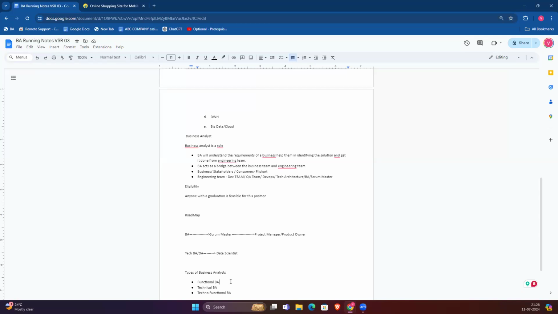So functional BA, I will suggest for people who are freshers, or people from other, non-tech backgrounds who want to move to technical backgrounds. I will suggest functional BA for these people. I'll focus on them. My main resume preparation for them will also be towards this. So what does this functional BA do? A functional BA will mostly be deployed, and the word deployed means they'll be working on these sorts of projects like creation of web applications,